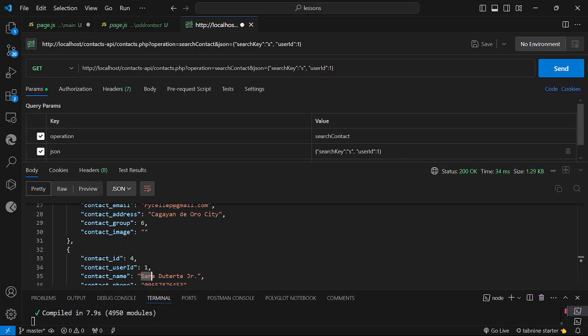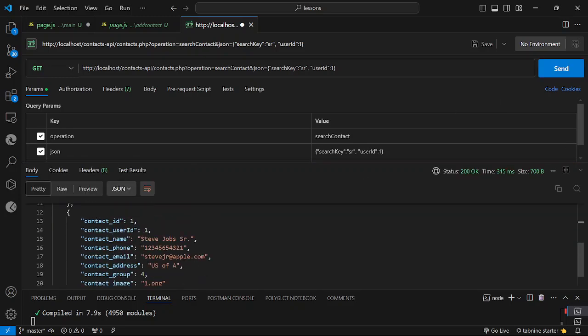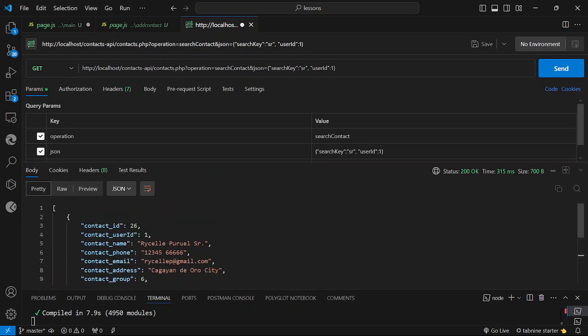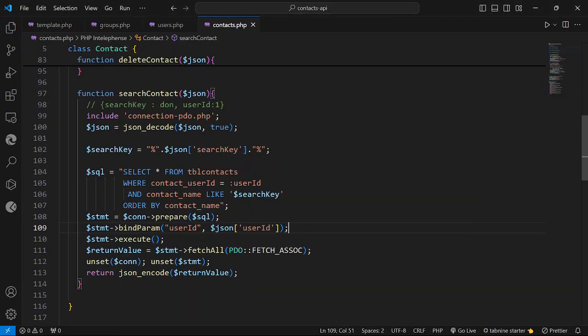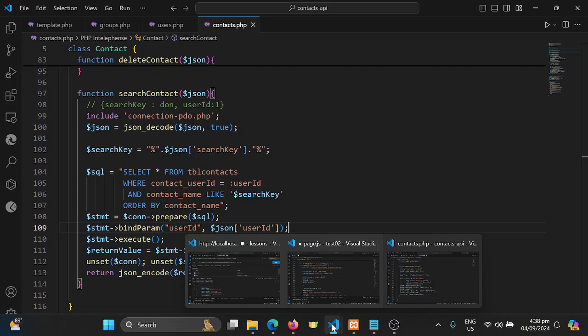Okay, let's say, how about everything that has a senior, SR? Okay, Burrell, Steve Jobs. Okay, so that's how we are going to perform a search into our API. Okay, so next is how we are going to call